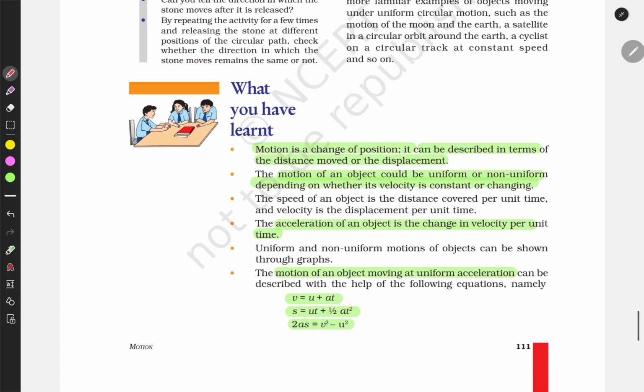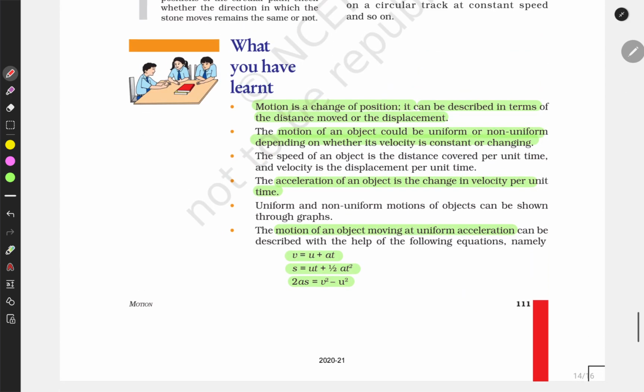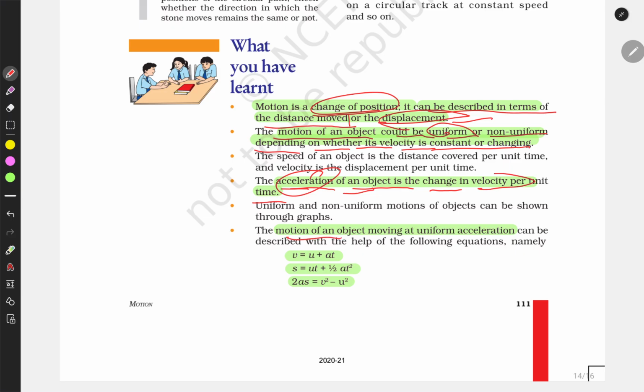We have almost finished the chapter. Let's revise it quickly. Motion is a change in position. It can be described in terms of distance moved or displacement. The motion of an object could be uniform or non-uniform depending on whether its velocity is constant or changing. And acceleration of an object is the change in velocity per unit time. We have discussed this. Motion of an object moving with uniform acceleration can be described with the help of the following equations, namely